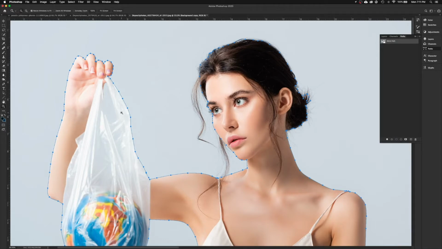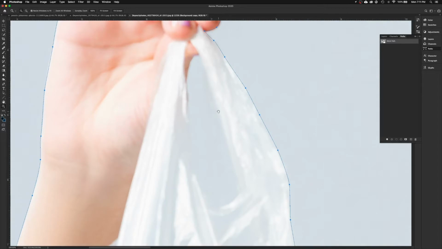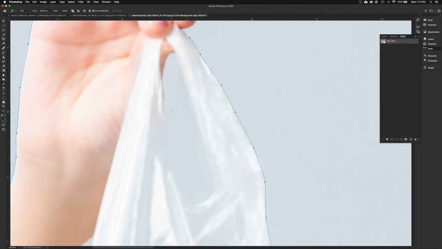quick select tool. And as you're watching, you can see, and we're actually zoomed into one of these areas where the contrast between the background and the foreground is non-existent. So with a quick select tool, it wouldn't be able to tell the difference between the plastic bag and the background. And even if it could, even if we had a high contrast between all of the foreground, the pen